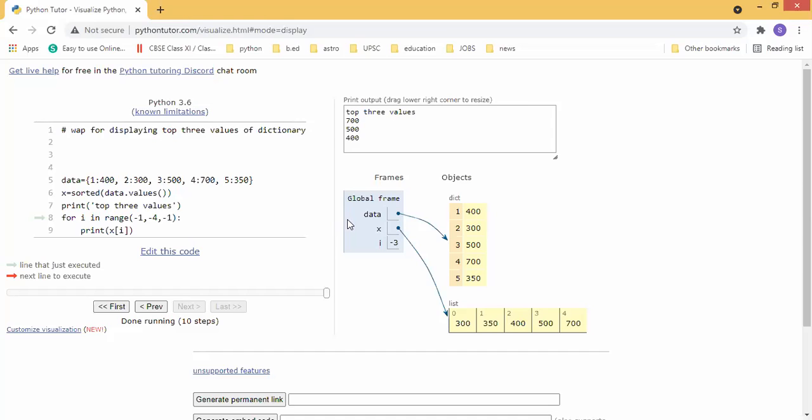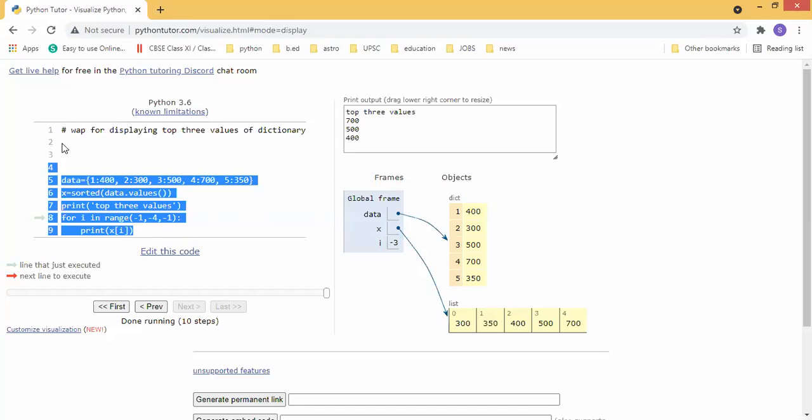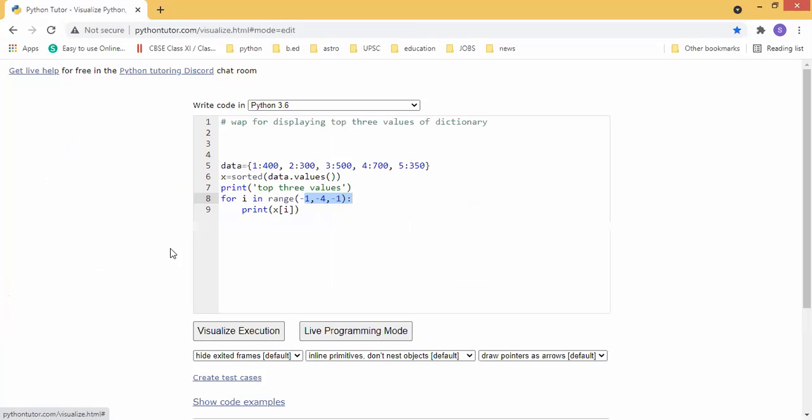Students understood? Yes, sir. If you have such an idea, kindly practice and submit the answers, okay. I will always appreciate all the work. Okay. Shall we go for the next one?